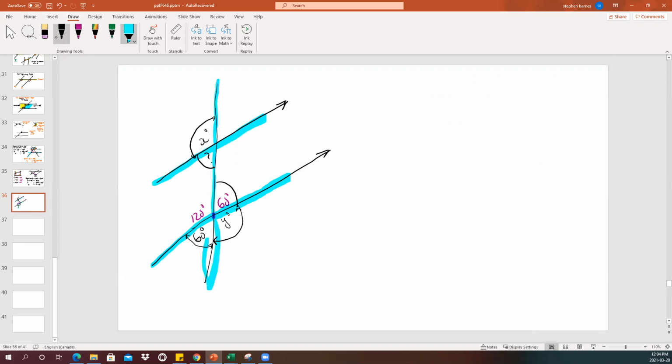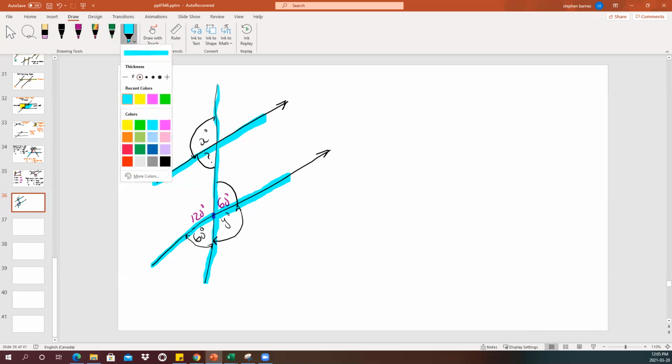Oh, I took away all of it. Parallel lines and our transversal. So what you find is that we have this angle here, we have this angle here. I'm going to do it in yellow. So this angle right here in yellow